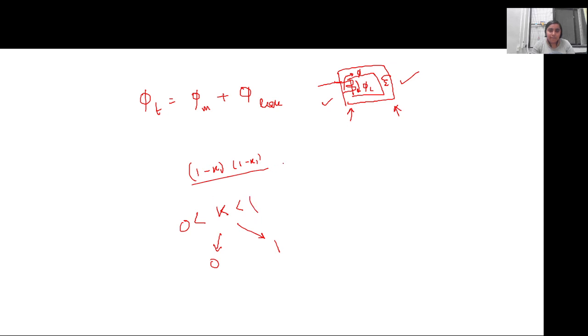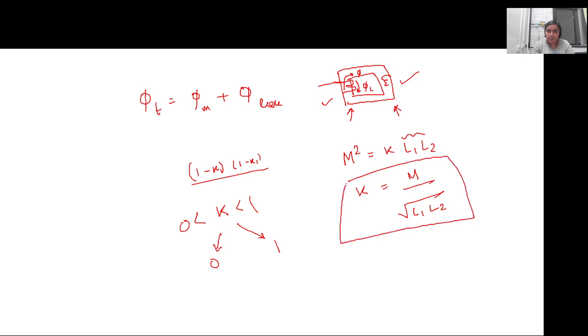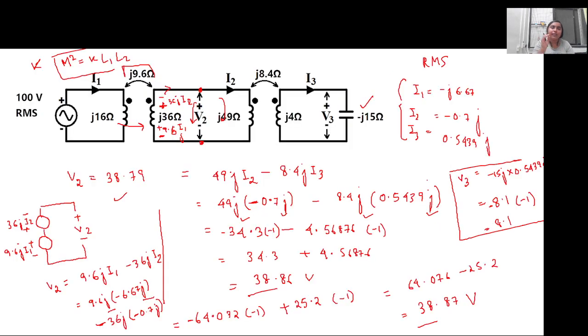So the relation between the mutual inductance and the self inductances is like this: if L1 and L2 are the two coils, the coupling coefficient can be calculated as M by root over L1 into L2. So either of the three values has to be given. If directly the mutual inductance is not given, the coupling coefficient has to be given. If neither the coupling coefficient nor the mutual inductance is given,